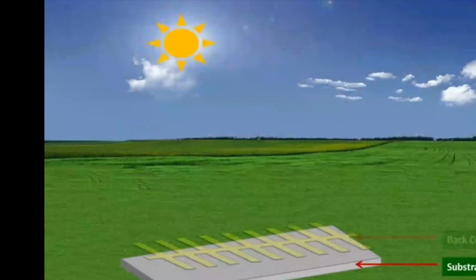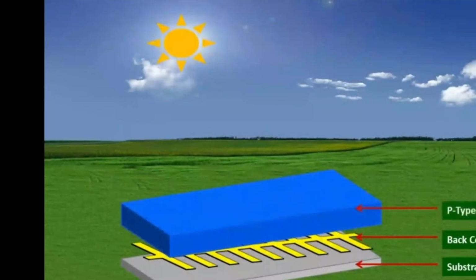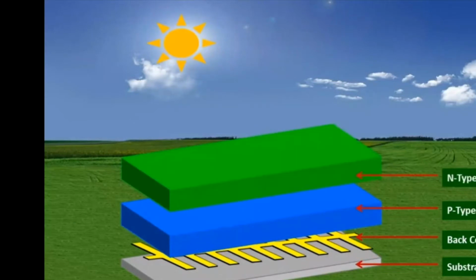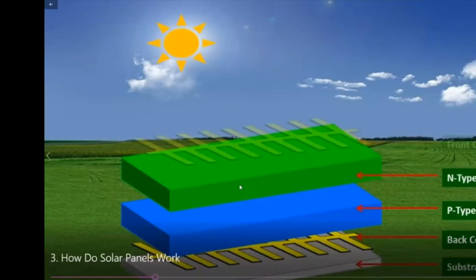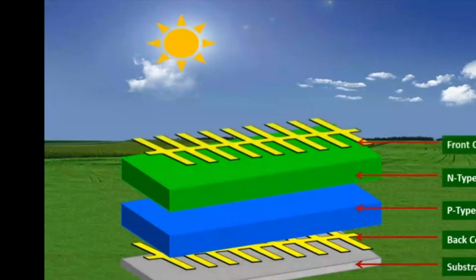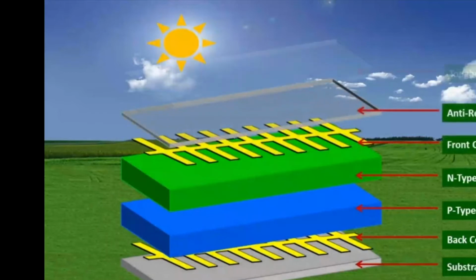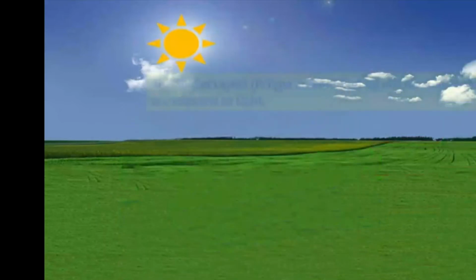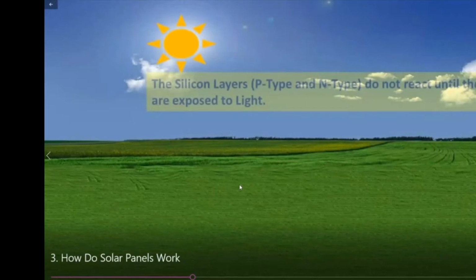This is how basically a solar cell is formed. A substrate layer, a back contact grid. Back contact grid is basically the grid through which electricity is flowing. Next is the p-type silicon or the p-type semiconductor, basically doped, and next one is the n-type semiconductor sandwiched, which we call a p-n junction diode, and again above would be a contact grid, which is called a front contact grid. Last, the anti-reflecting coating, followed by a toughened glass. Toughened glass is given just to protect the cell.